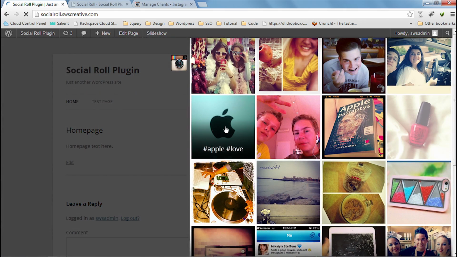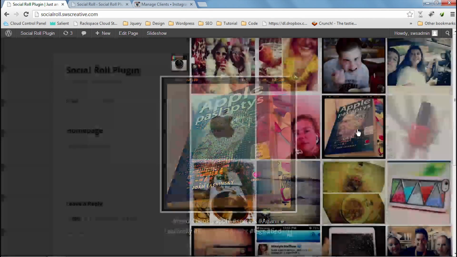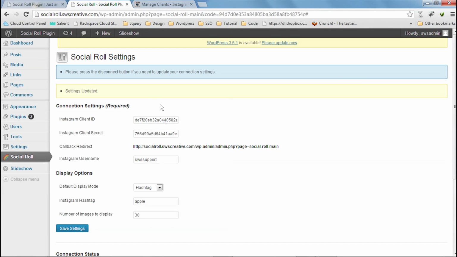Alright, I supplied Apple, and there you go. So now it's pulling in hashtags associated with Apple. Perfect. Okay. Now at any moment I can go back and switch my default display mode back to username, and it will pull in my information or my Instagram pictures from SWS support. Or I can also hide